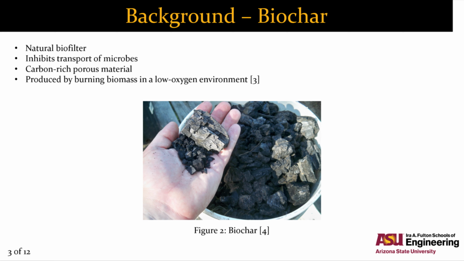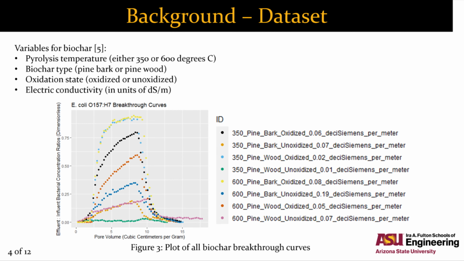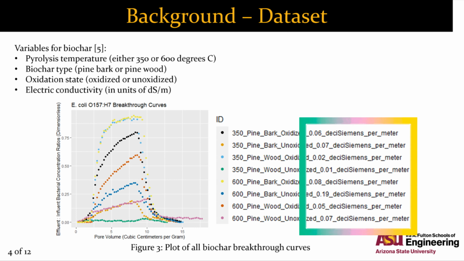Biochar is a carbon-rich porous material that is produced by burning biomass and organic material in a low-oxygen environment. In the article for this study, researchers tested many different variables for biochar to see which one out of 8 different options is best for filtering E. coli. The first variable is pyrolysis temperature, which is either 350 or 600 degrees Celsius. The second variable is biochar type, which is either pine bark or pine wood. The third variable is oxidation state, in other words, whether the biochar is oxidized or unoxidized. The final variable is electric conductivity, which is a measurement of how easily a material allows electric current to flow